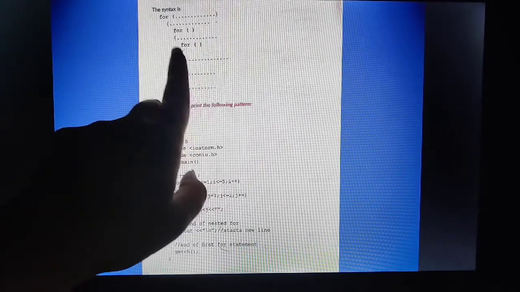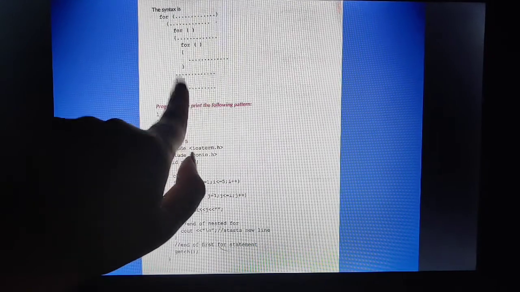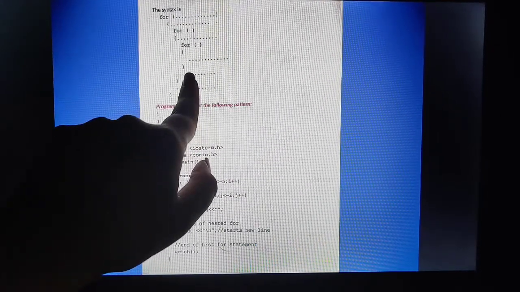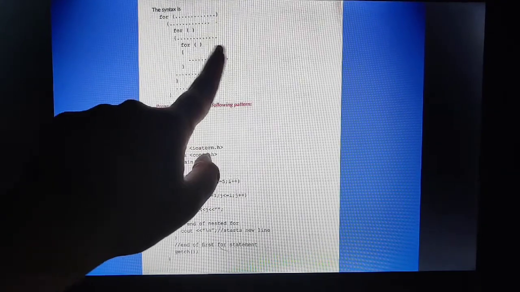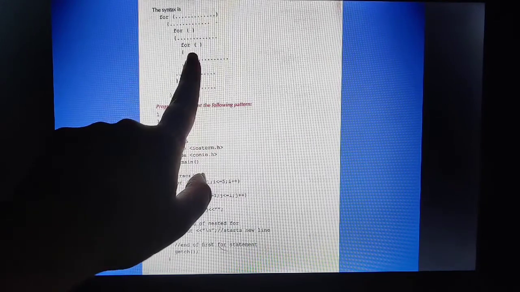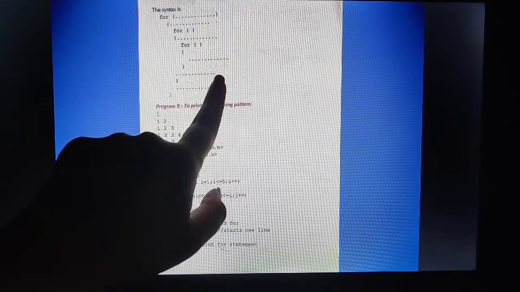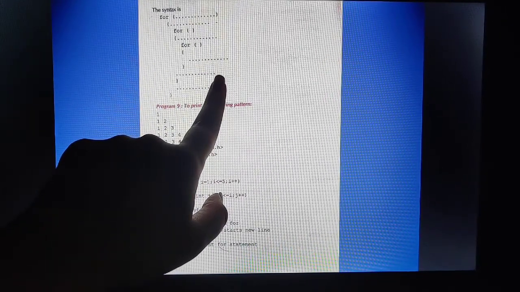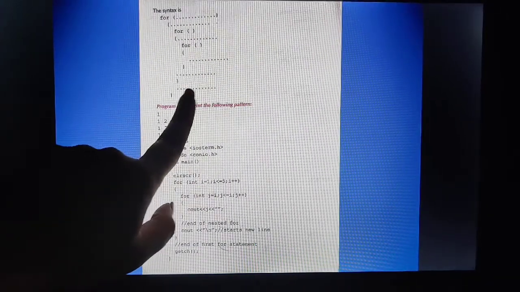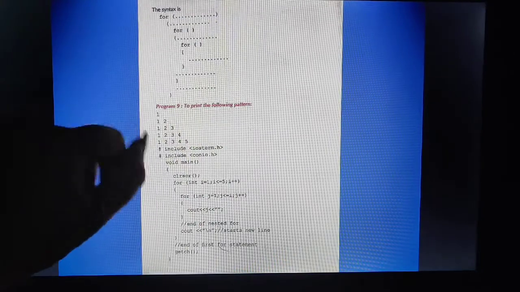Fine, then again for loop, statement, and then you are coming out from the for loop. If the condition is true, then this loop will be executed. If the condition is false, then the statement in the false condition will be executed. But if this is also false, then the statement in the outer loop will be executed.